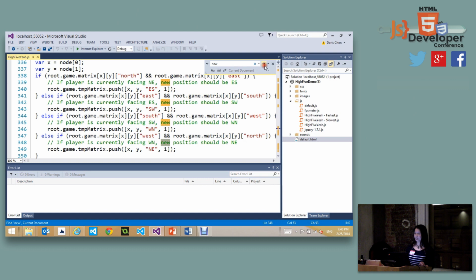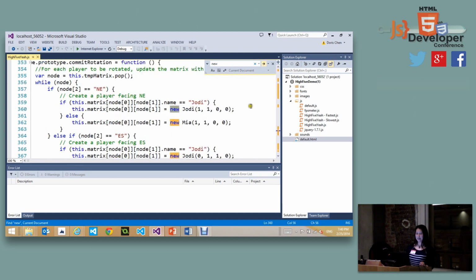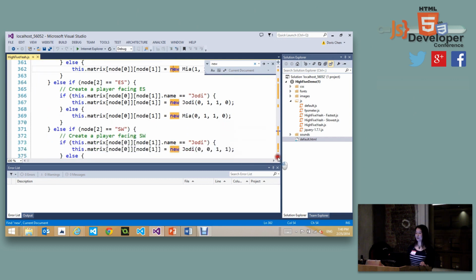And then this is all the new position, right? After I rotate, I generate a list, causing the neighbor to commit that rotation. So I'm doing things again, filling in: if it's facing northeast, then this is what I would do, and if it's facing a different direction, this is a new node. So I'm creating a bunch of new nodes when I cause that rotate to happen, all right?